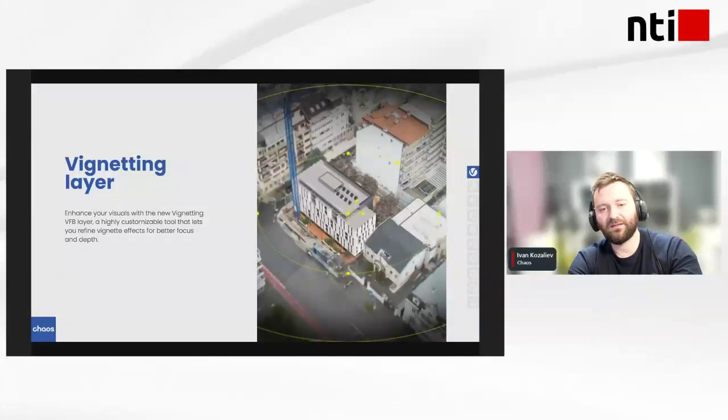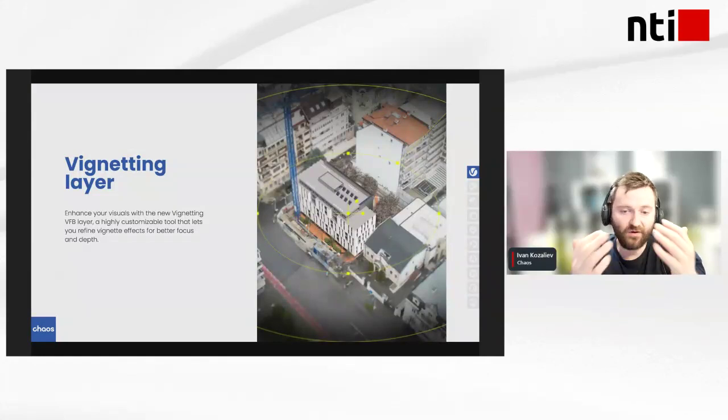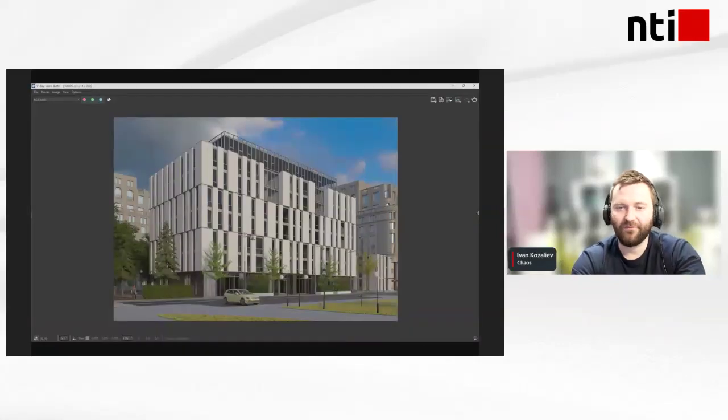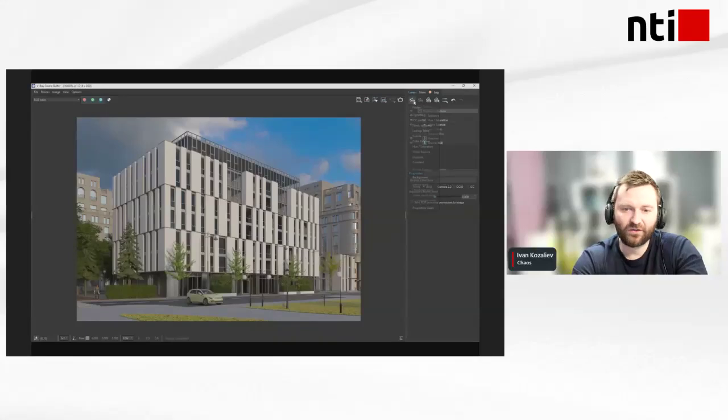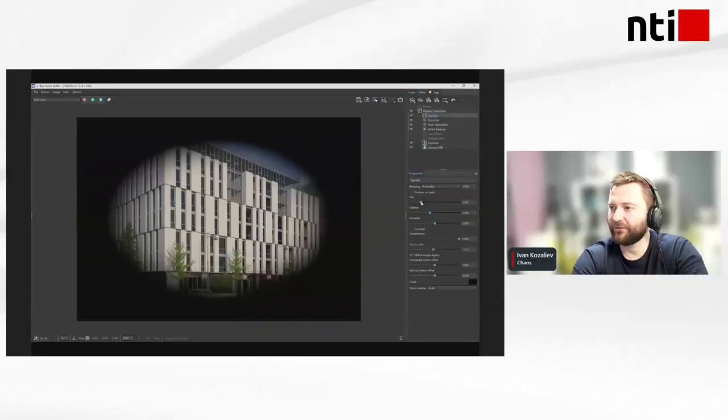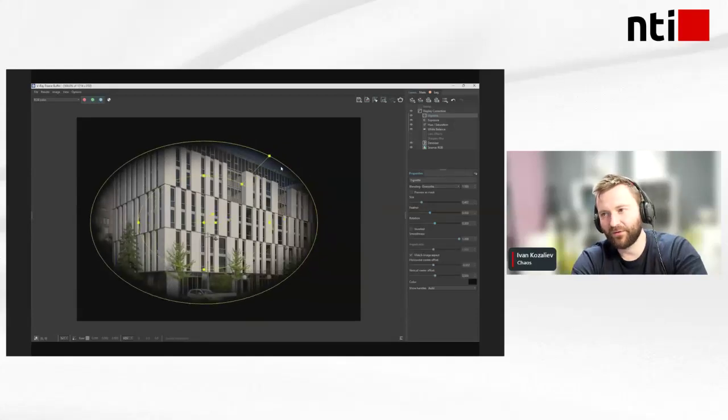And in some cases in real world photography, we want to have some imperfections, and we have them in the real world, like the chromatic aberration or the vignetting layer. I'm not sure if I pronounced that feature right, because it's an imperfection of the lenses from the photography. I think it's called vignetting. But yeah, it will make the edges of the image darker. And this is happening in the real world with the photography. So now we can do that really easy with just a simple layer. So this helps us to have a more realistic approach when it comes to photography.